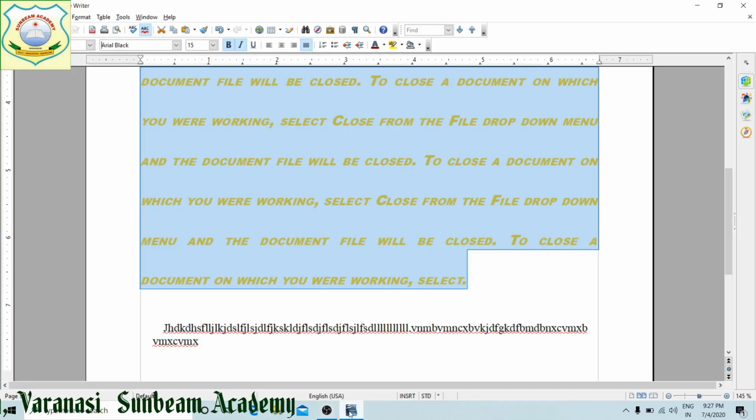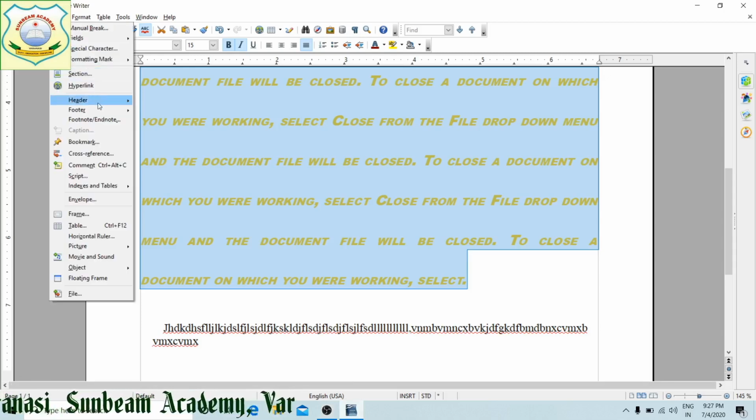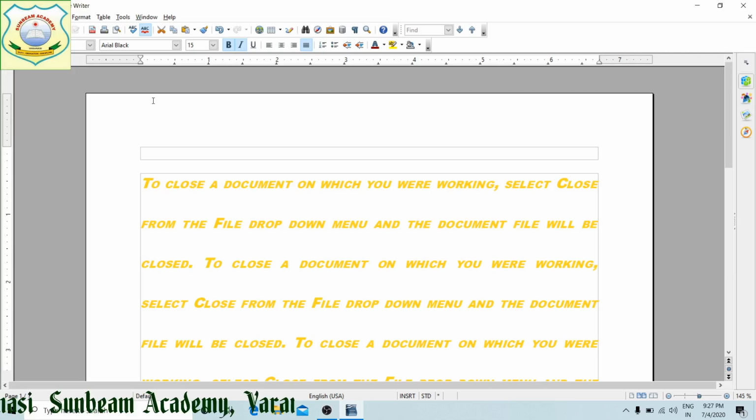We will see header and footer. What is header? What is footer? Now header is the text given on the top of the page. Suppose this is computer application.